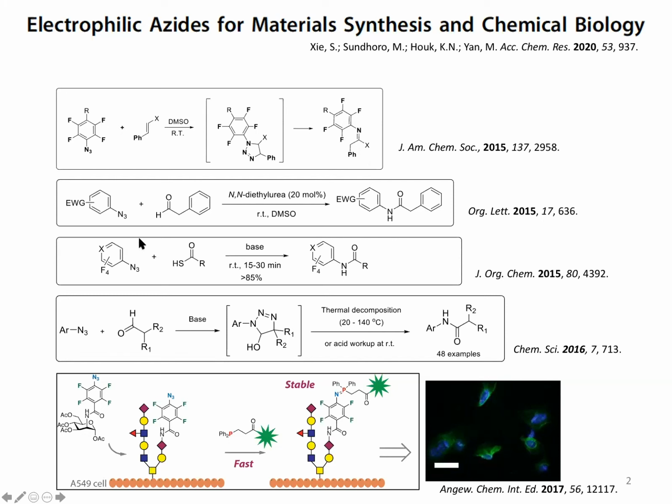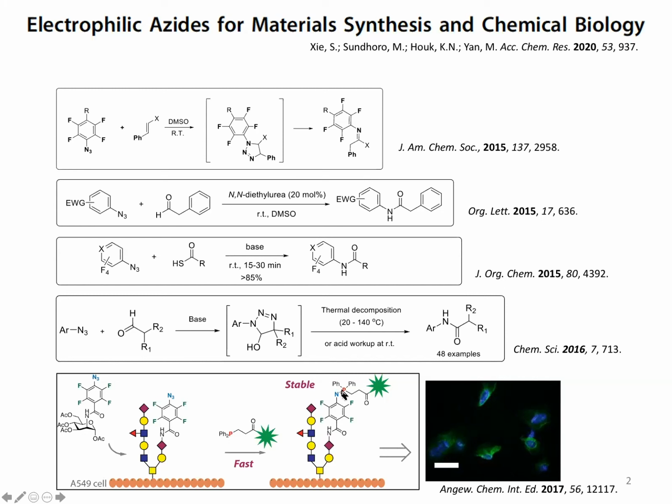And the reaction with aldehyde, either by organocatalyst or in the presence of a base, we get the amide as a product. Again, very mild conditions. And the last reaction here is the Staudinger reaction. This reaction, for one, is very fast. It's one of the fastest Staudinger reactions. And for two, the product stops at the phosphorimine. It doesn't undergo a hydrolysis reaction like other Staudinger reactions.